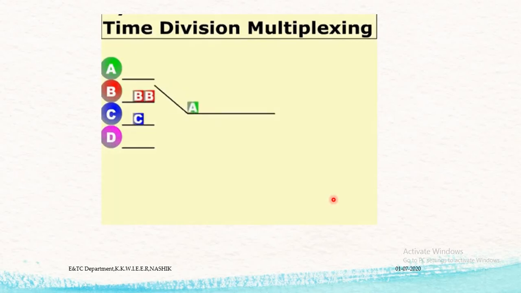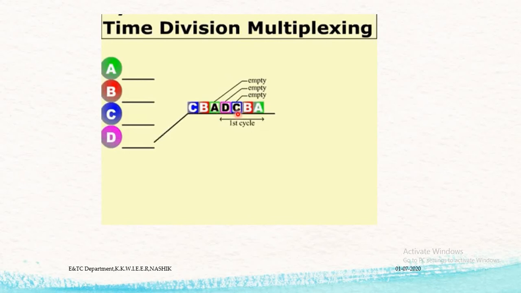So if you have a look, suppose your first channel A is passing, then B and C, and then as D is empty, it doesn't carry information, then B comes, C comes, and then D. So in this way it works. So if you have a look, what it will do now: first it will pass the signal A, then B. Now C and D and A again don't have any information, but the time slots remain there.